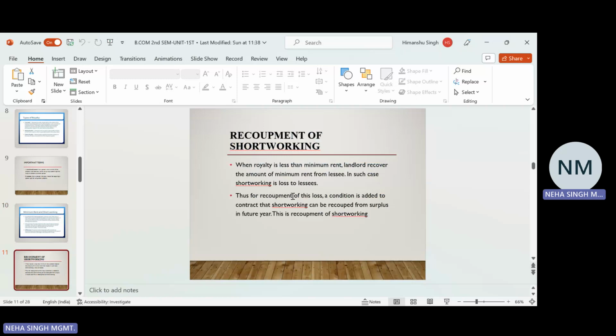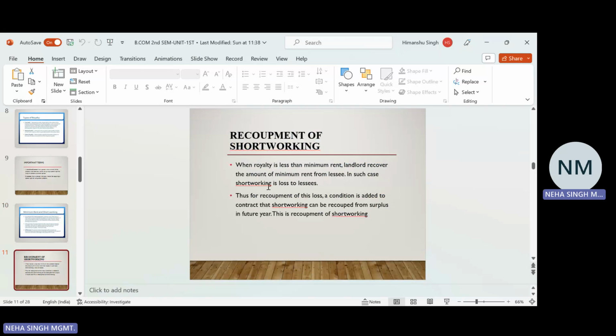अब इसमें देखते हैं, when royalty is less than minimum rent, landlord recovers the amount of minimum rent from lessee. समझ रहे हो? जिस साल रॉयल्टी आपकी कम होगी मिनिमम रेंट से, तो उस साल लैंडलॉर्ड यानी कि जो लेसर है वो रिकवर करता है अमाउंट ऑफ मिनिमम रेंट, उसको मिनिमम रेंट दिया जाता है लेसी के द्वारा, राइट।